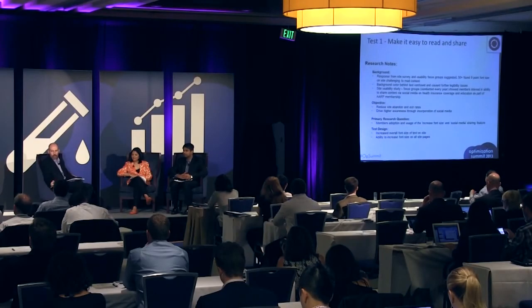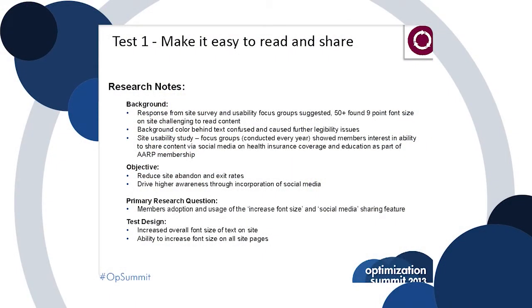Let's take a look at the first test. So Preeti, you want to tell us a little bit about the background before you even started testing, about why you thought you should make it easy to read and share? Yeah. So as Gaurav mentioned, we are the lead generation for our providers. And within our organization, our marketing efforts are actually handled by a separate group who are driving a lot of